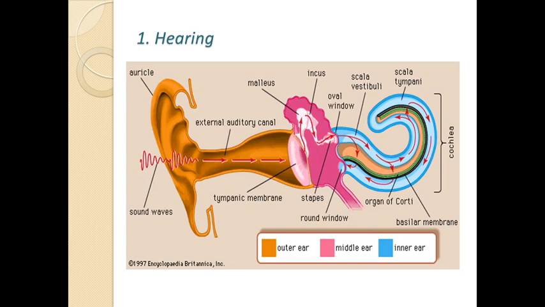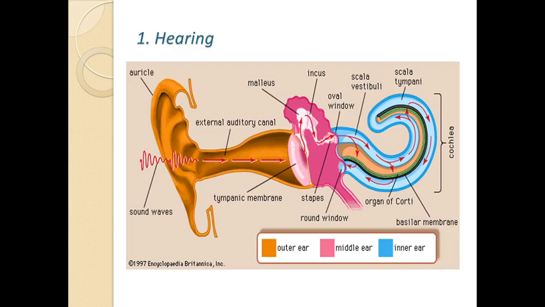Now when the process of hearing is considered, in this diagram it has been shown very clearly using arrows. So what happens is this: the outer ear collects and concentrates the sound waves and directs them along the auditory canal towards the tympanic membrane. These vibrations cause the tympanic membrane to vibrate. Tympanic membrane vibrations are then transmitted to the middle ear. Then the middle ear amplifies those vibrations of the tympanic membrane by the movement of the 3 jointed ear ossicles. Right? So the amplification is done.